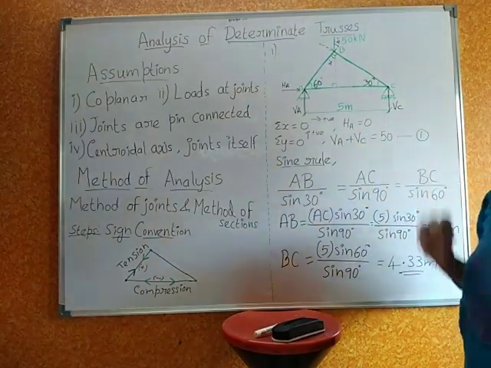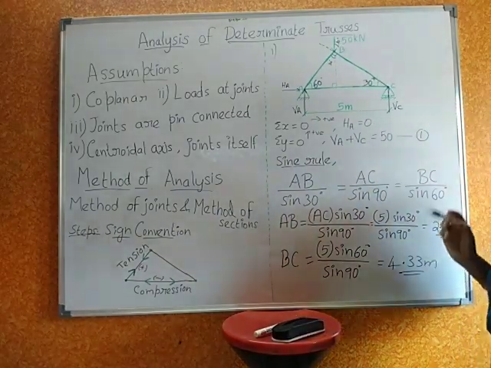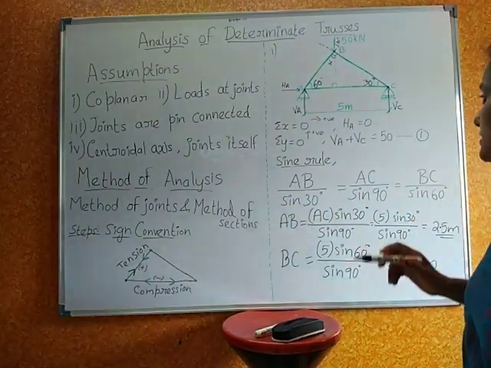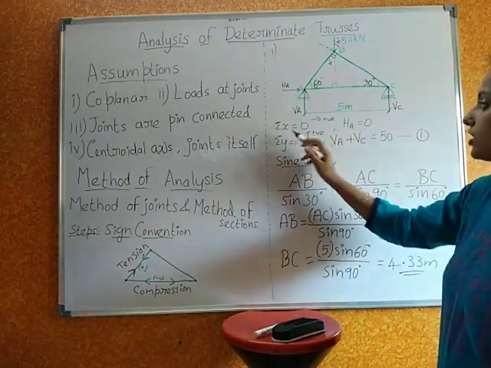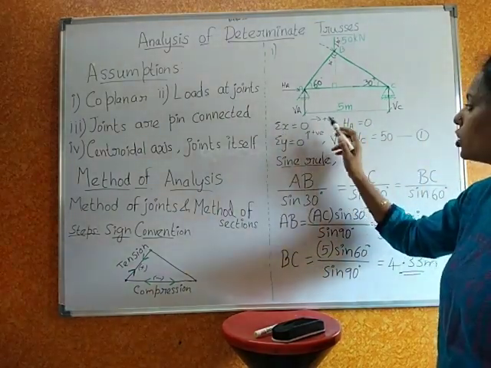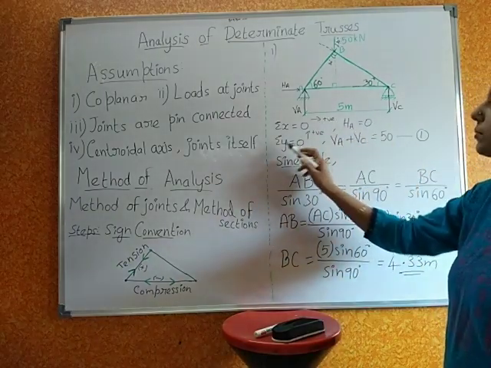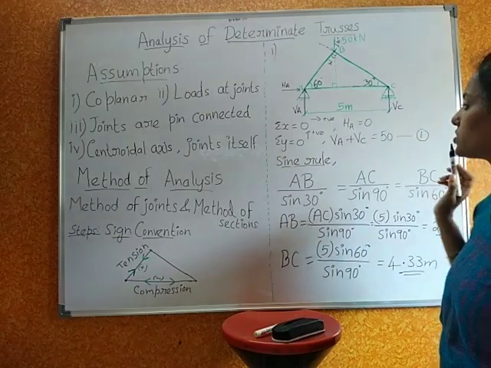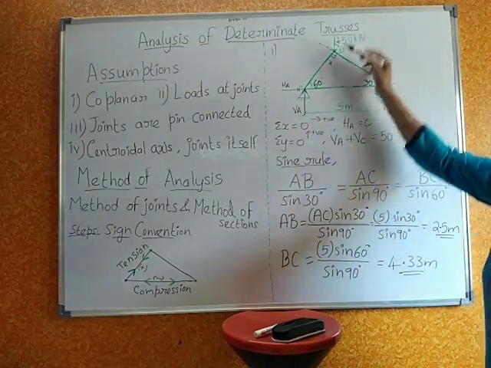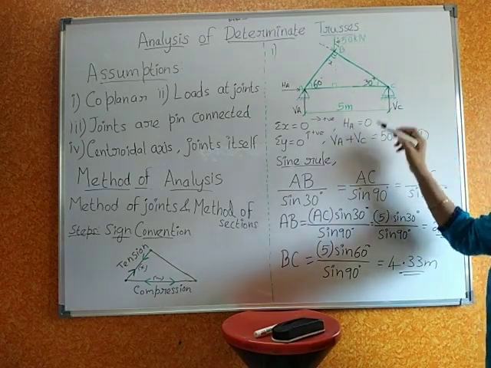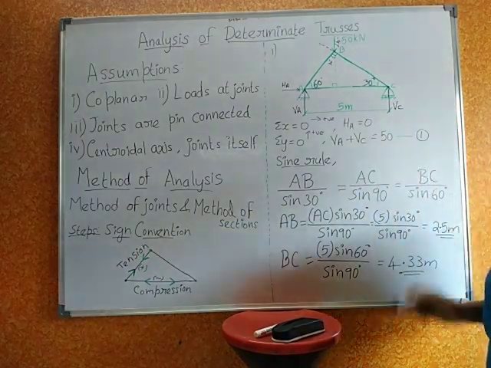So this is given as 5 meter distance. First you have to find out these AB and BC distances. You should know all the member distances. So the first step is to calculate the reactions. For that we have summation x equal to 0. Towards right is positive. So HE will be equal to 0. Next, summation y equal to 0. Upward as positive. So this is VA plus VC positive and 50 is downward, so minus 50 equal to 0, or VA plus VC equal to 50, take it as 1.